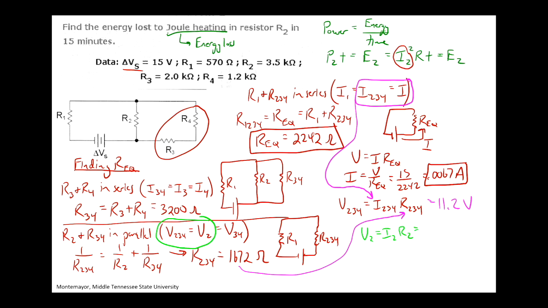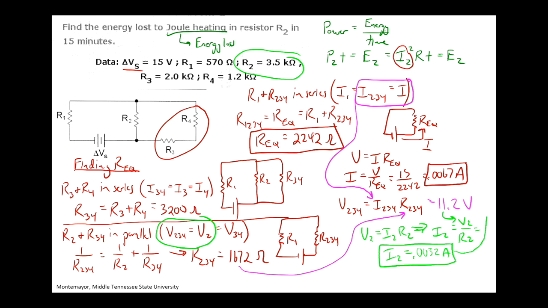So let's see. We can use this to solve for I2. So I2 is V2 over R2. Thank you. That wasn't really an echo, though. It has to be haunting just a little bit. So let's see. 11.2 goes here, and R2 is from above all the way up there, 3,500 kiloohms. So you should get that the current through resistor 2 is 0.0032 amps,